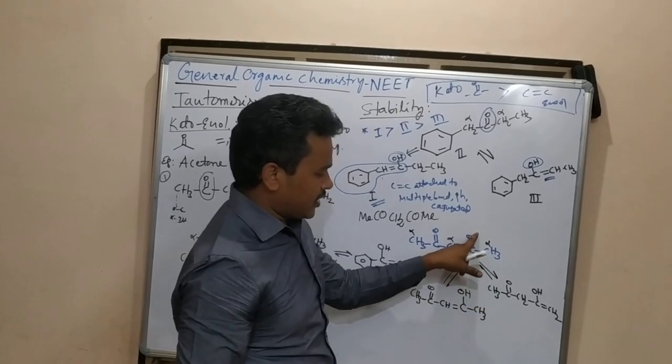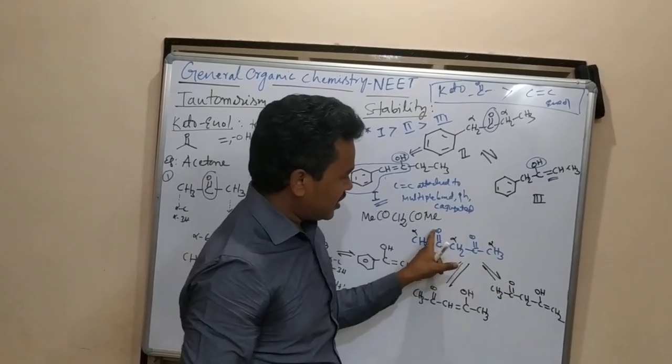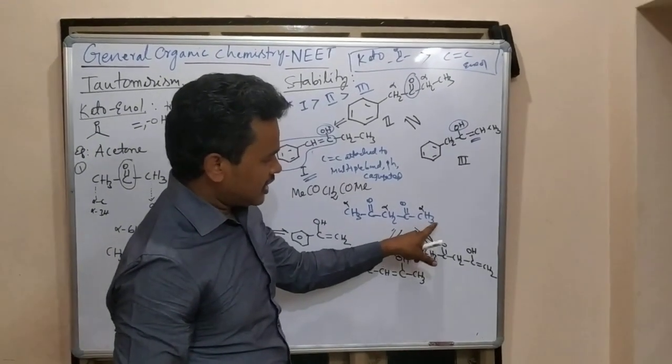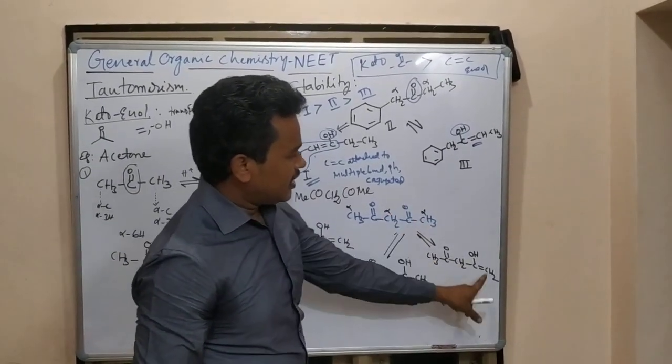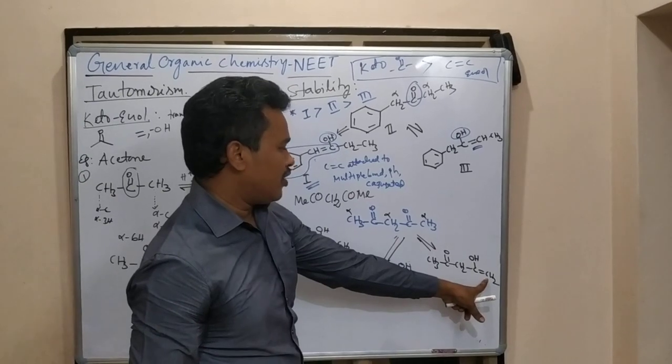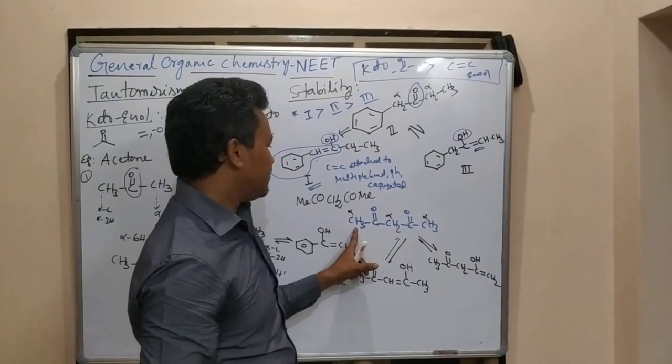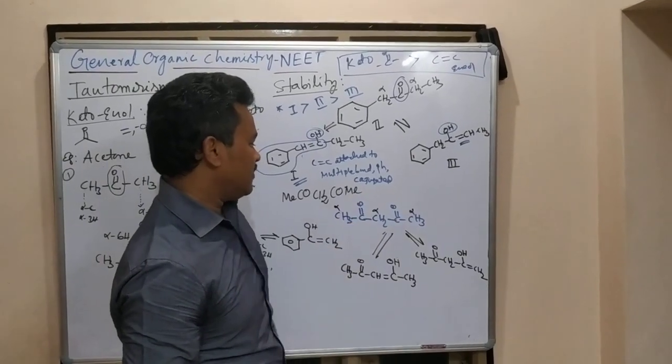This hydrogen is moving here. I am not going to disturb this one. I am going to disturb this one with this alpha hydrogen. This hydrogen is jumping here. From which side is it going to jump? That side, the double bond forms. If this alpha hydrogen jumps here also, a similar structure only will come.